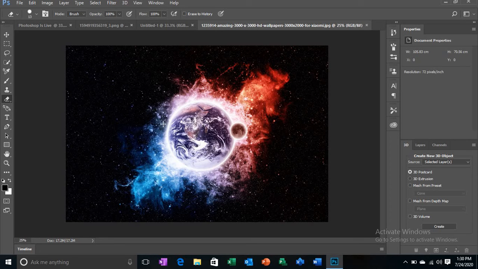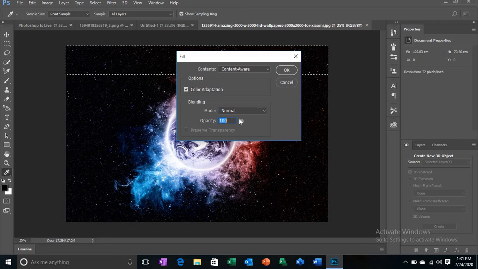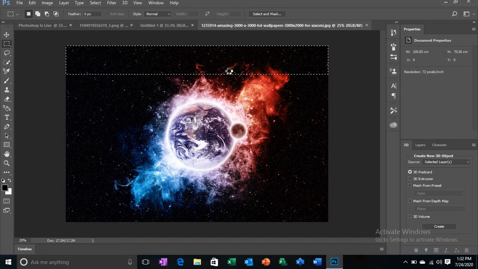So the first thing you have to do is use, for example, the lasso tool for cropping. It is very nice, and we want to use the lasso tool from here, or if the lasso tool won't work, then the rectangular marquee tool. It is for marking. So we're going to change the opacity. So now see what will happen in this situation. It is loading right now.